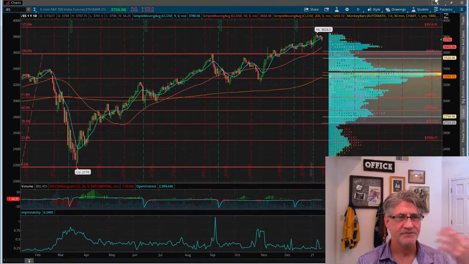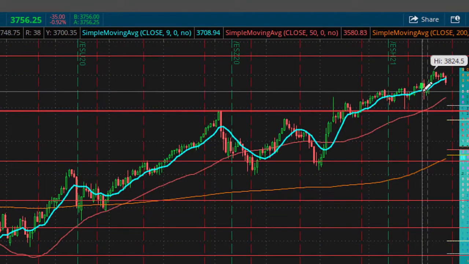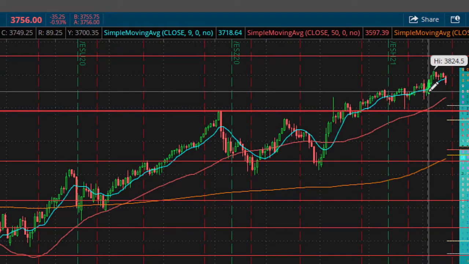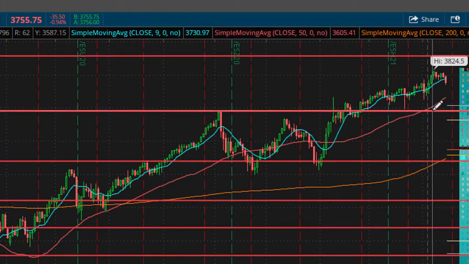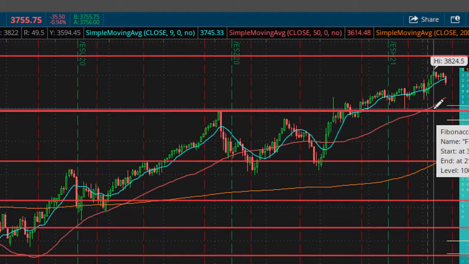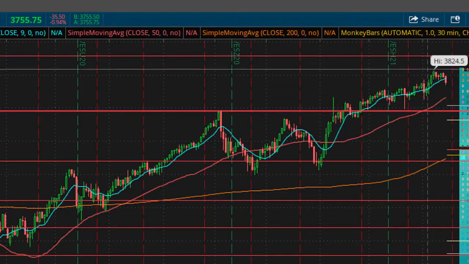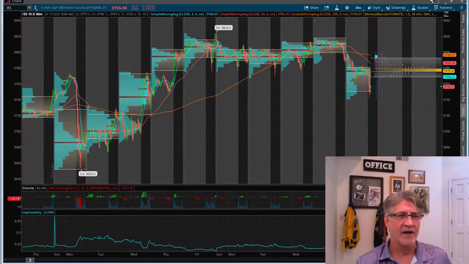E-mini S&Ps, yes, off by 35 points. Again, same story. Below that 9-day simple moving average will show short-term weakness. Where could we expect to see this market start to correct to? Probably right back down here to 35.90, or let's just call it at least 3,600 should be retested. If we get that settlement below there, I think that we'll start to see all of the markets roll over just a little bit ahead of that.